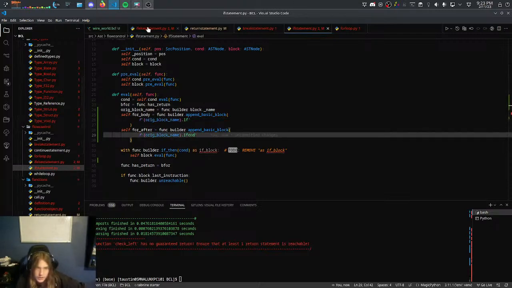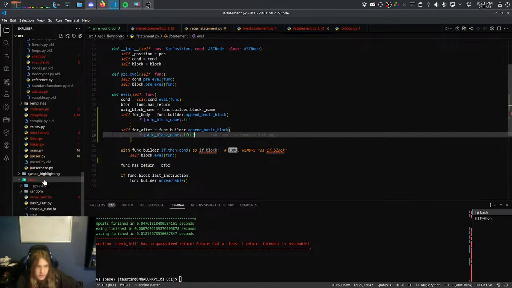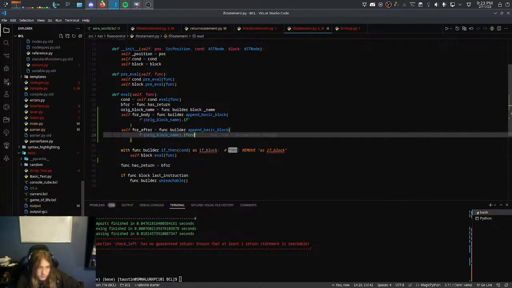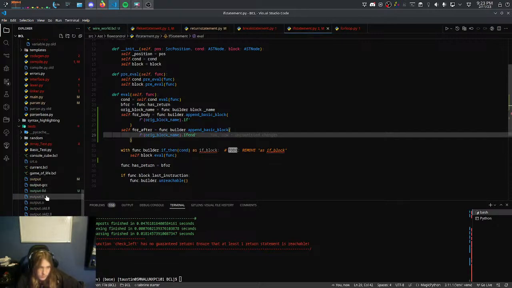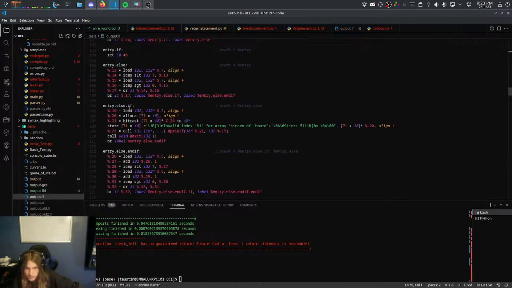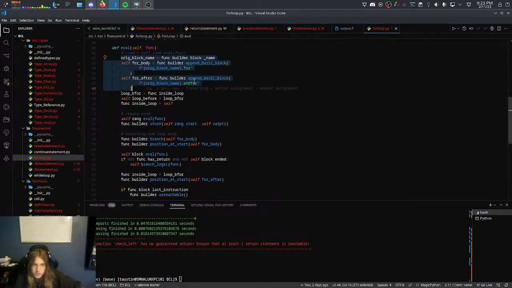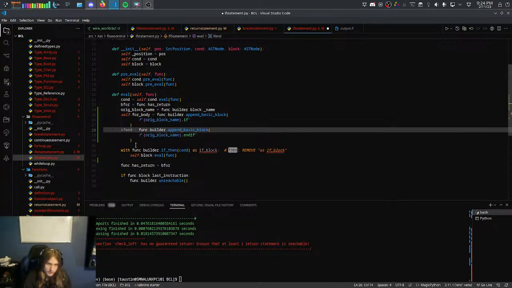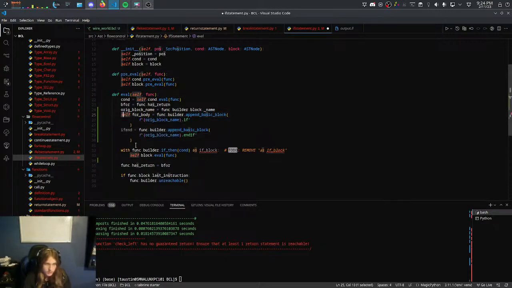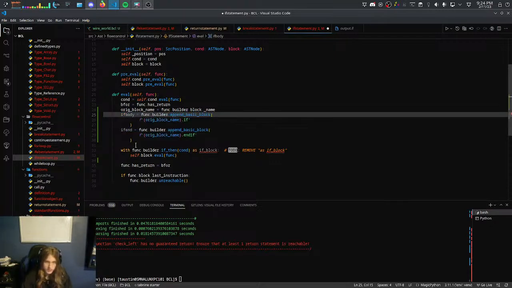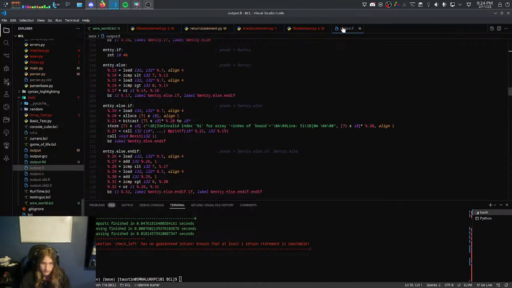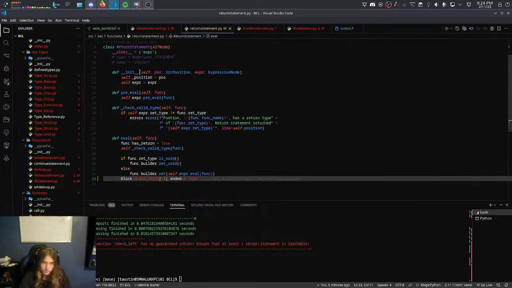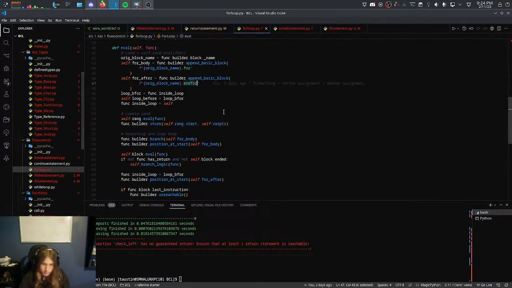What does it look like in the LLVM IR? If and end if. Okay, that's what they're called. If statement and if. And I'm just gonna call this if and if body. So then the same way I do, and I closed it like an idiot. Same way I do the for loop,